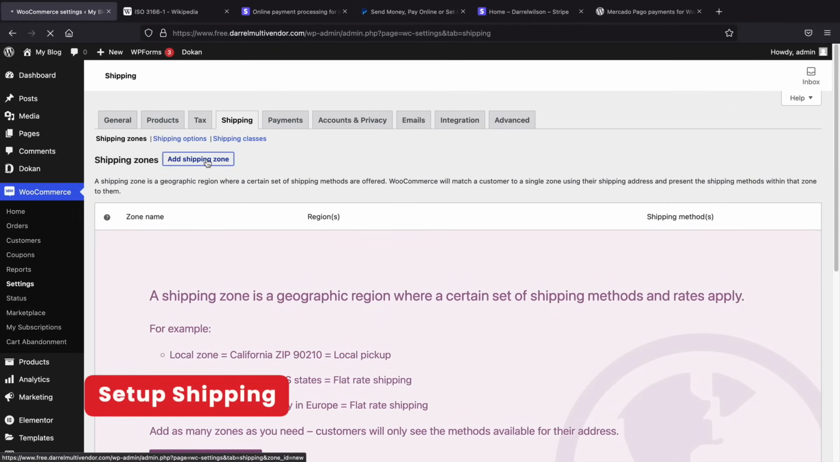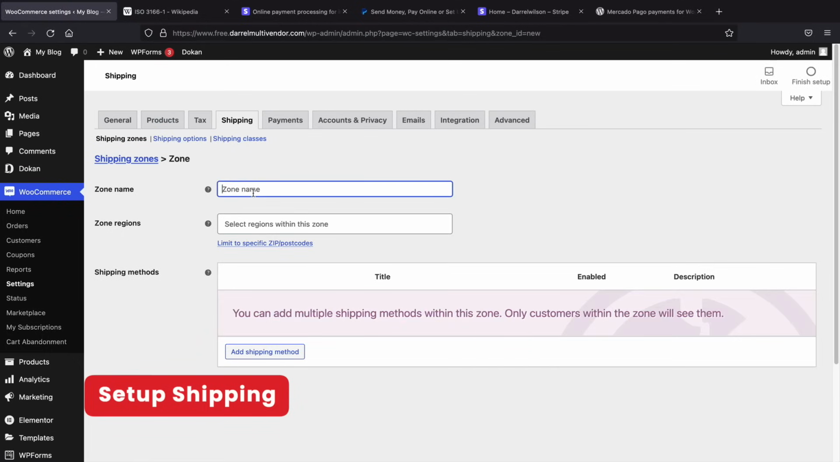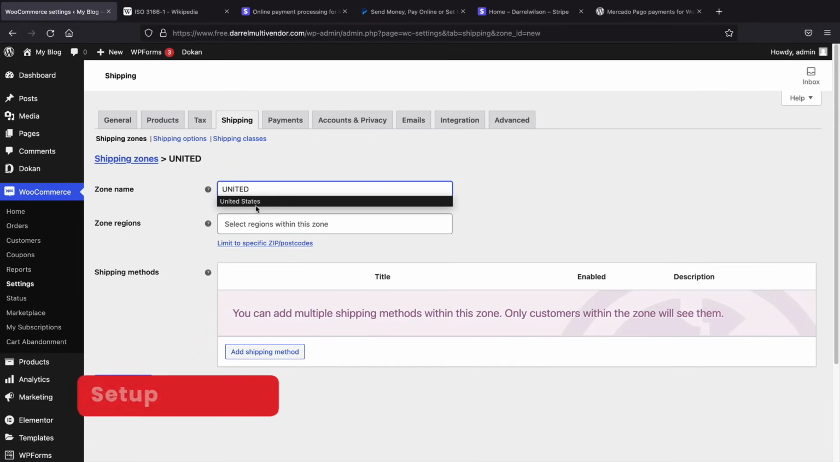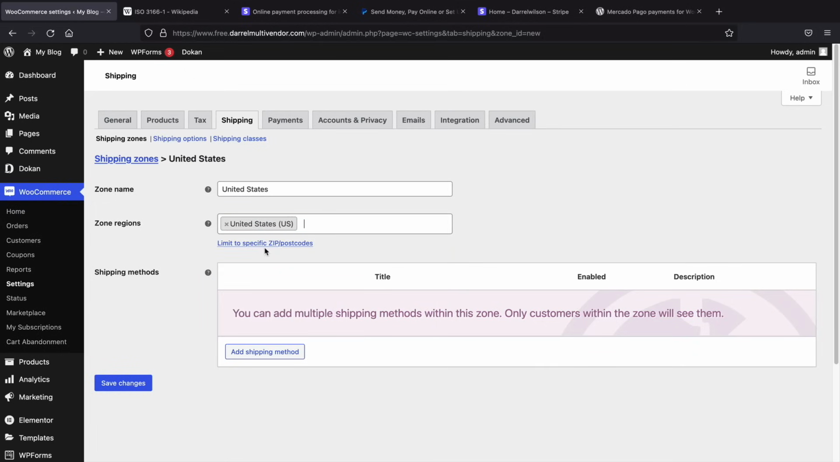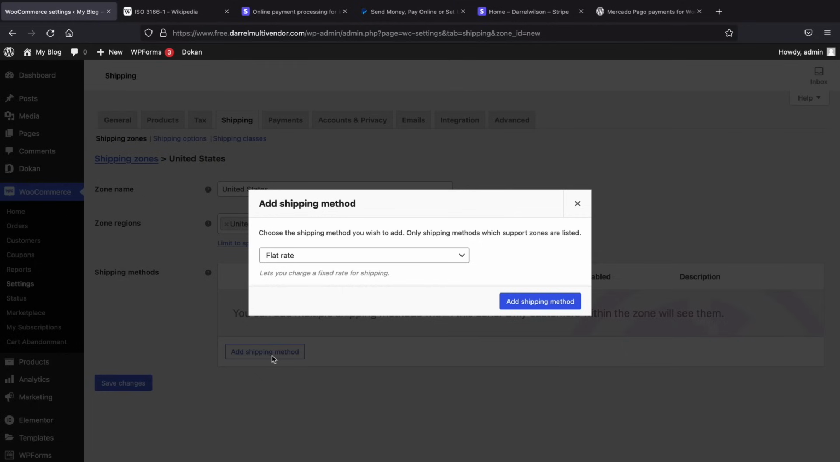So let's click on Add a Shipping Zone. So this is for the United States, right? And this region is for United States. So what is the actual flat rate for shipping for the United States? Well, let's add a shipping method. Here I'll select a flat rate,